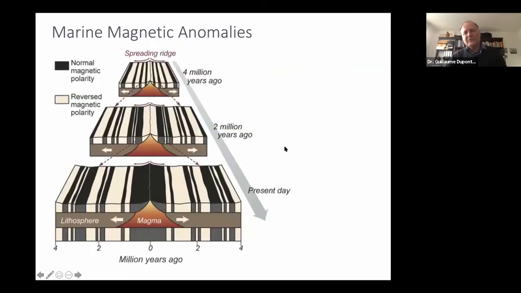Okay, and so we go back to the spreading ridge. This is exactly what you were explaining. When you form the spreading ridge, we start in the past here, 4 million years ago, and you create your oceanic crust made of basalt that is acquiring a field. It will be either in a normal or reverse polarity direction, and you get these marine magnetic anomalies that are mirroring the ones from the other side of the ridge, and that are also regularly positioned.